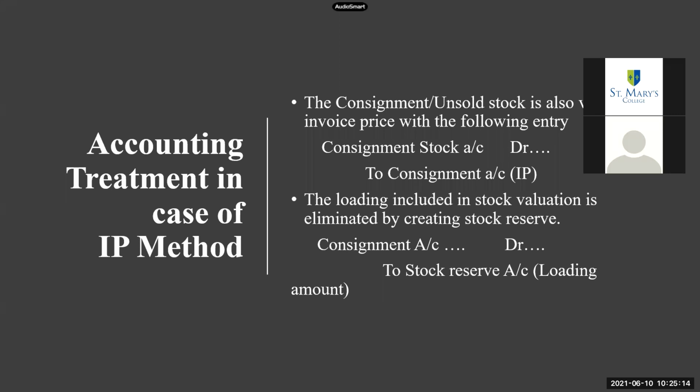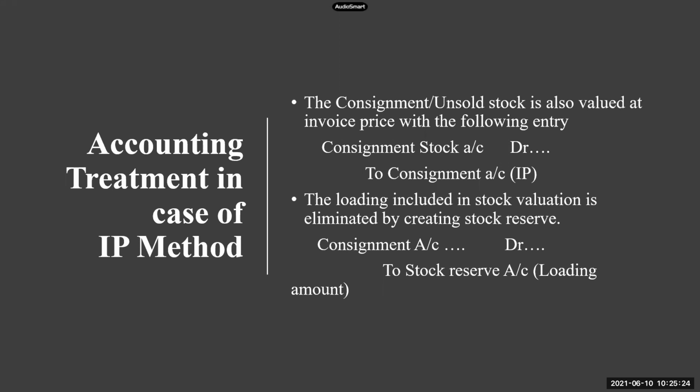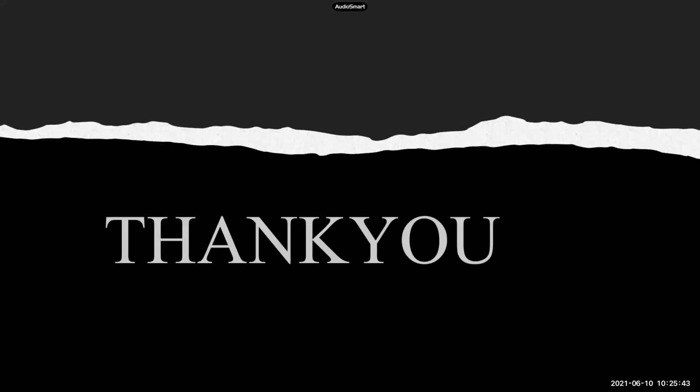So this is the only change when we are sending goods at invoice price. Otherwise, the remaining entire problem is the same as we were doing earlier. So whenever you're calculating the consignment stock, first thing is you will have to calculate consignment stock both at cost price as well as invoice price because you need the loading amount. Then we will continue with our ledger accounts as usual. So if anyone has any doubts in the invoice price, you can ask me. I can explain once again. Otherwise, we can start with the problems.